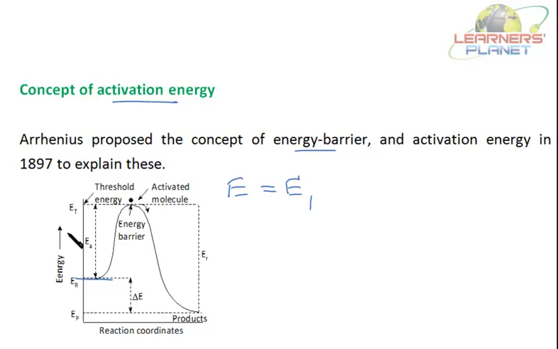That particular energy is called activation energy. You can see that these molecules possess some energy. They are colliding, but they will not form the products unless their energy equals the threshold energy. So the energy is provided from outside, and that energy is called activation energy. The molecules get activated and combine to form the product, and energy is released, say, while a bond is formed.